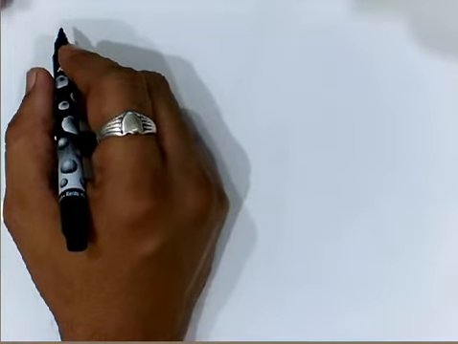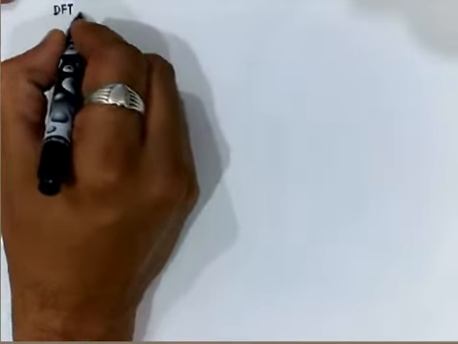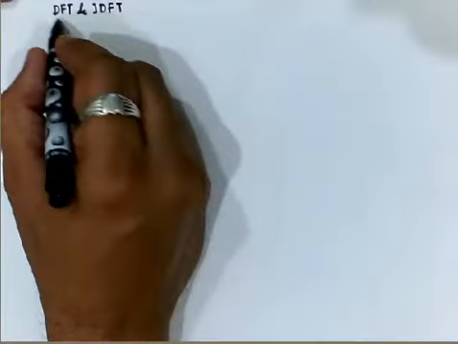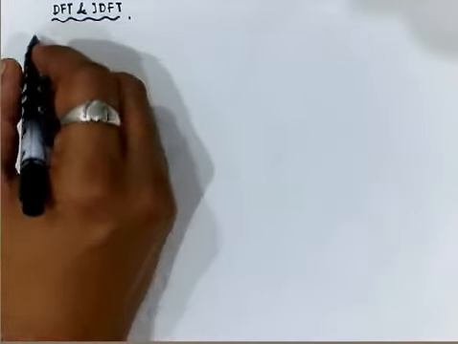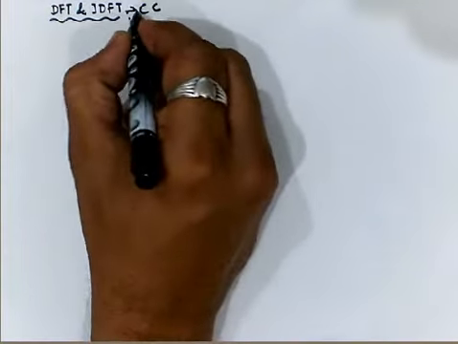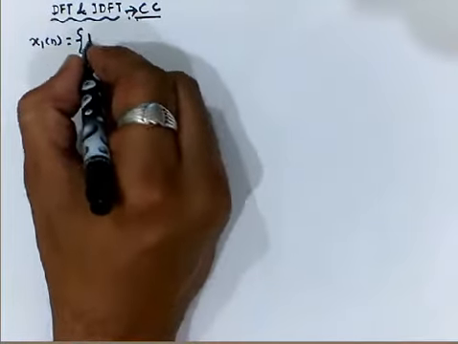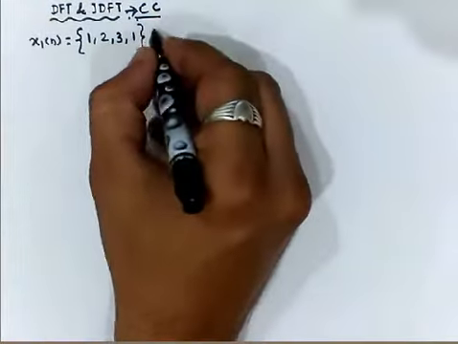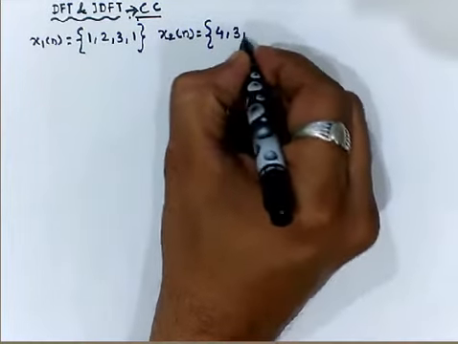Today we are going to discuss the simple point that is called a 4-point DFT and IDFT. So this particular approach is for solving the circular convolution of two sequences, circular convolution by using the DFT IDFT approach. For example, let's say we are going to consider x1 of n, which is nothing but 1, 2, 3 and 1, and x2 of n, the other sequence given, is 4, 3, 2, 2.